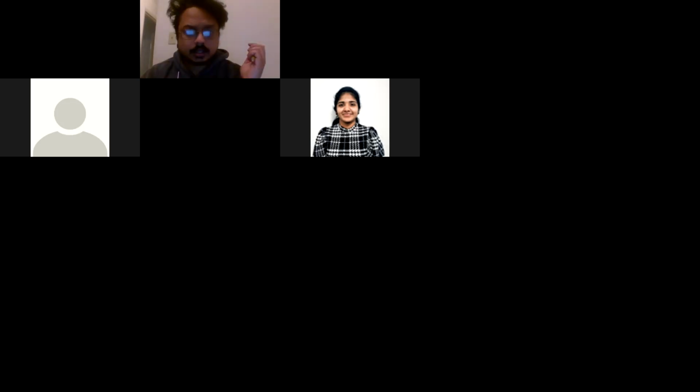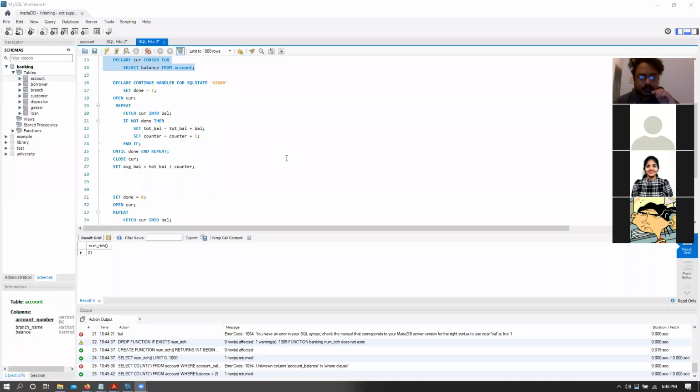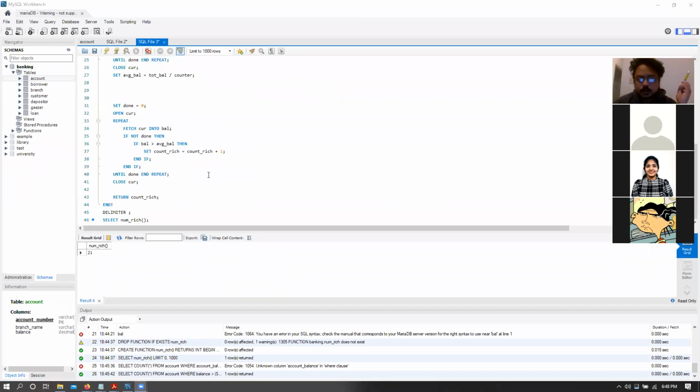Okay. Well, as you know, SQL gives you weird errors, right? So could you double check your code? Are you creating a new cursor here or are you opening the cursor just like this? I am opening the cursor.